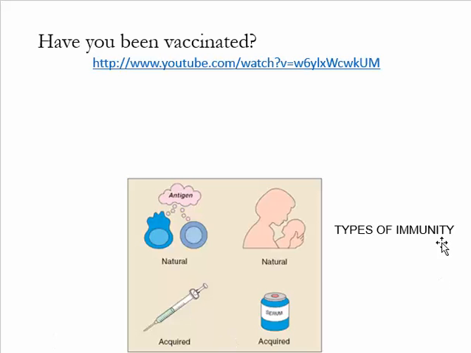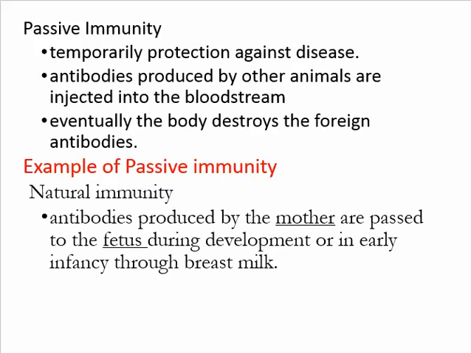Okay, so with types of immunity, you have acquired, that's either getting the disease or getting a vaccination, and then you have what is called natural immunity. Natural immunity is a type of passive immunity, and you can have antibodies that are produced by the mother when a mother breastfeeds. She can pass on the antibodies to her children. And this usually lasts maybe 6 months to a year in a baby, and hopefully by then the child has developed their own antibodies. Another type of passive immunity is when you get